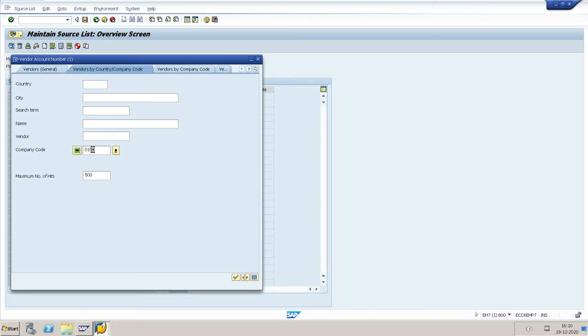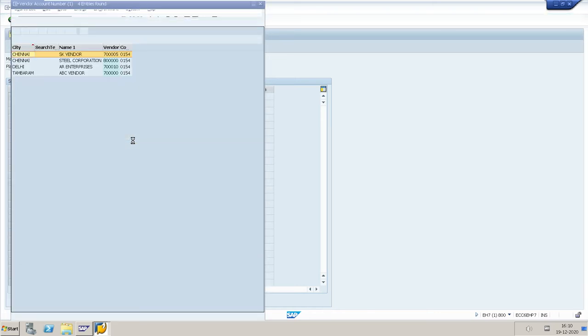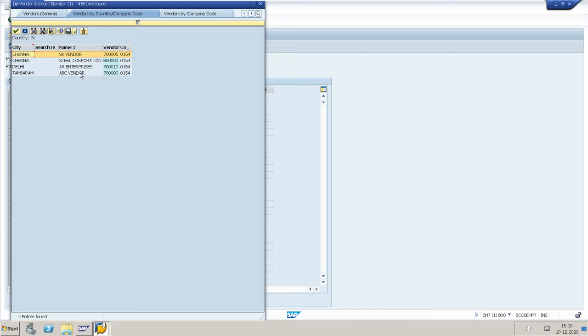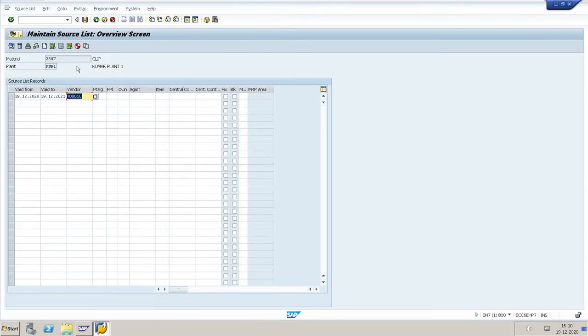This vendor is enterprises, purchasing organization KUP1, and select the fixed vendor.